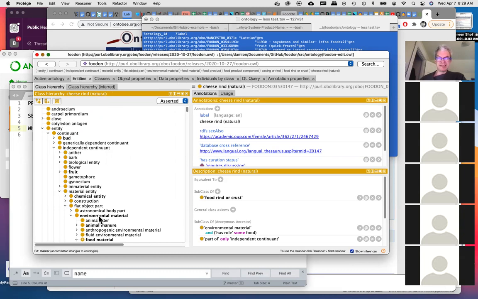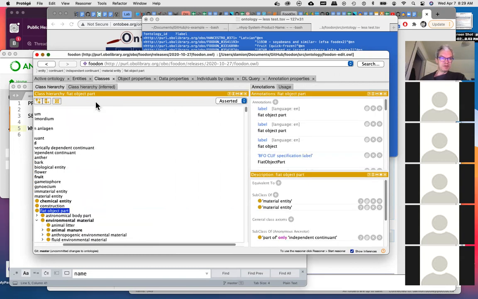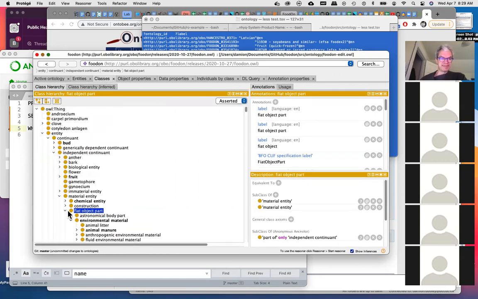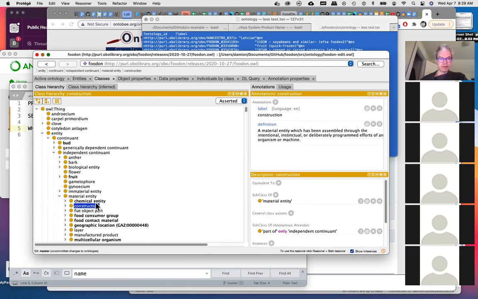And the hierarchy of the ontology can be explored by opening and closing items in this entities tab. Entities and classes are pretty much the same view. I won't get into the difference. You can use either, but the thing is, the views on these tabs